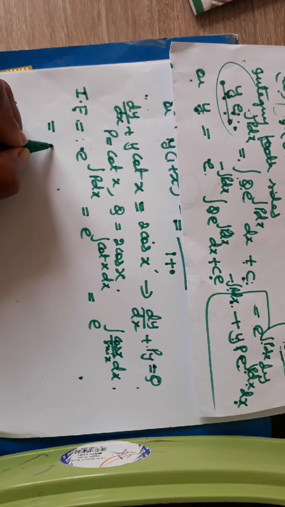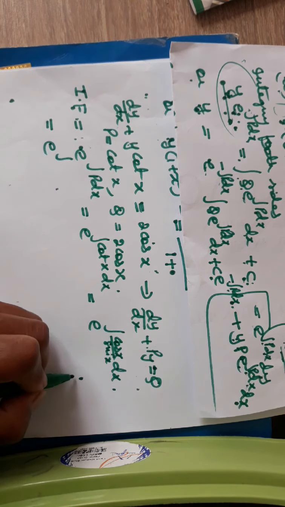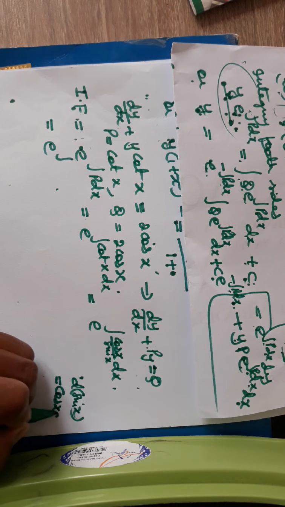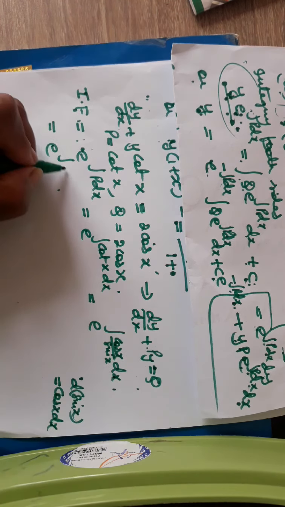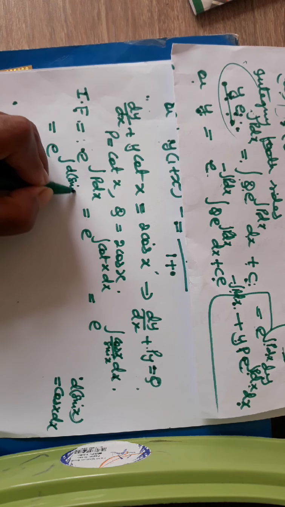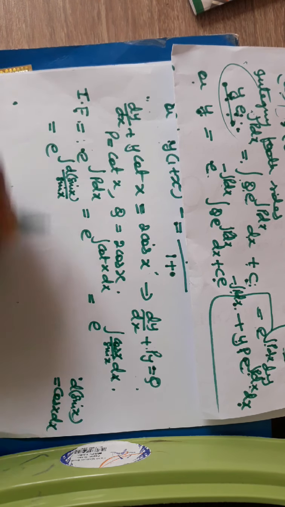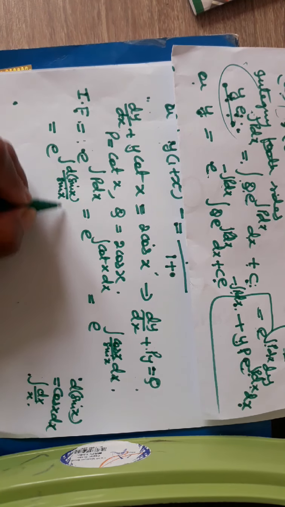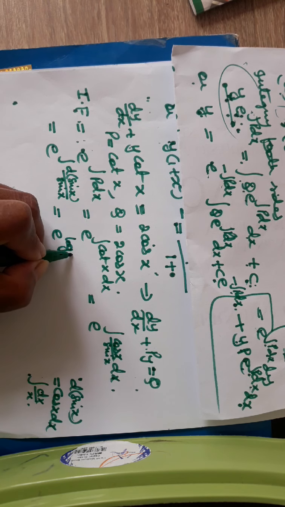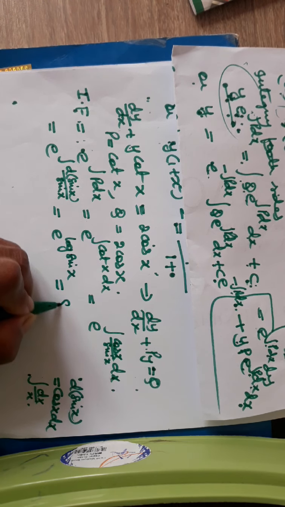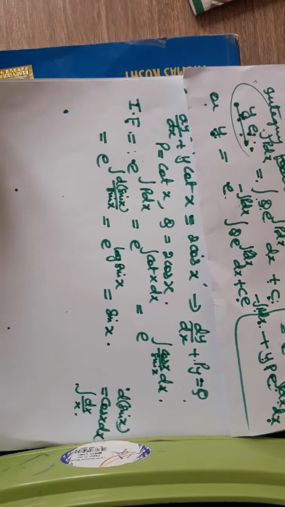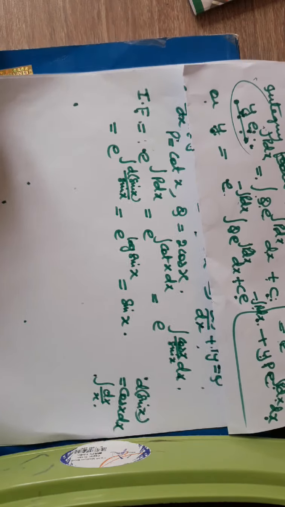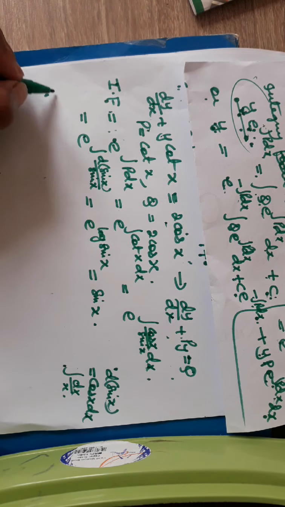And this is equal to e to the power integral, but what is cos x dx? It is d of sin x. So instead of cos x dx, I will write d of sin x divided by sin x. That is of the form integral dx by x, which is log x. So here you get e to the power log of sin x, which is equal to sin x. Now multiplying both sides of this equation by the integrating factor, remember that the left hand side is y times